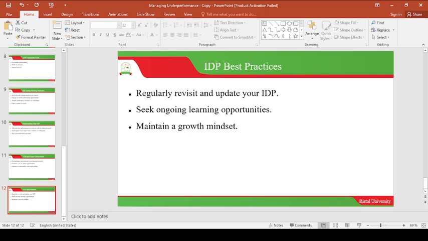Then the next one is you need to seek ongoing learning opportunities. You see, learning is a continuous process. We keep on learning. Even the professors are still learning. Don't feel comfortable with your degree. Don't feel comfortable with your masters, even with your PhD. You need to continue learning because learning is a continuous process.